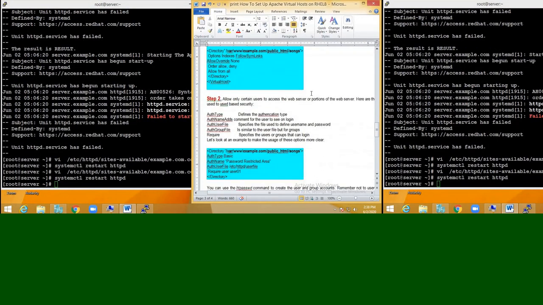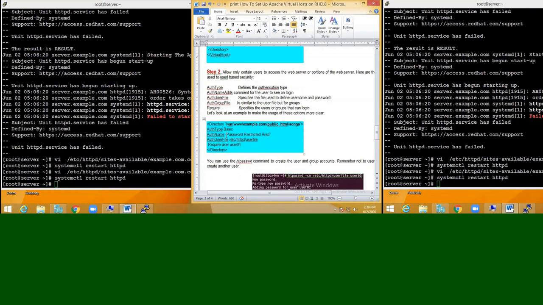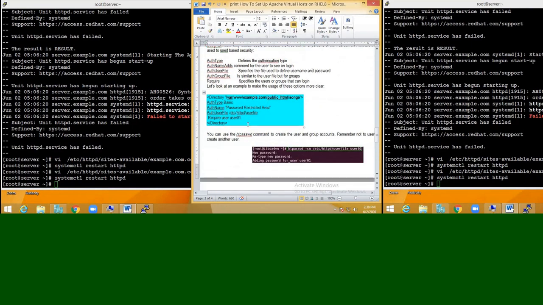Now we will try to assign authentication for that particular website. For that we have to write a section in the directory, that is AuthType Basic, and these settings I have to write.